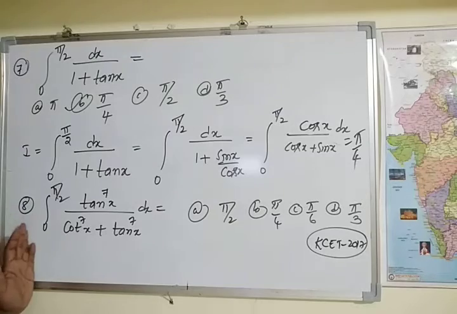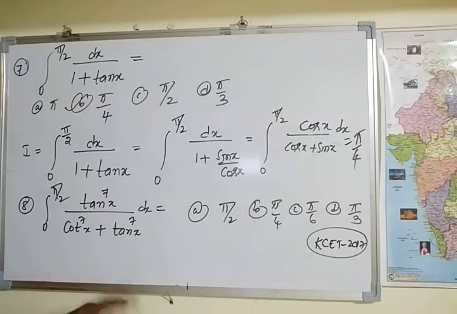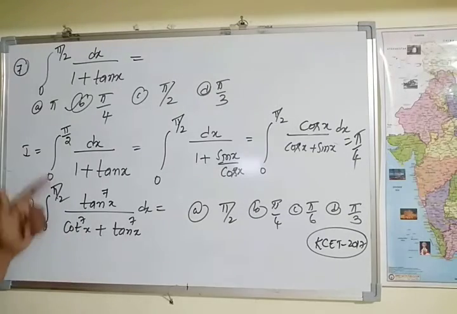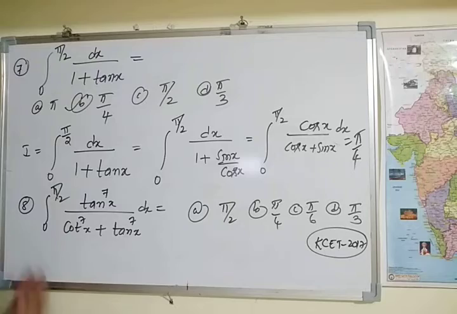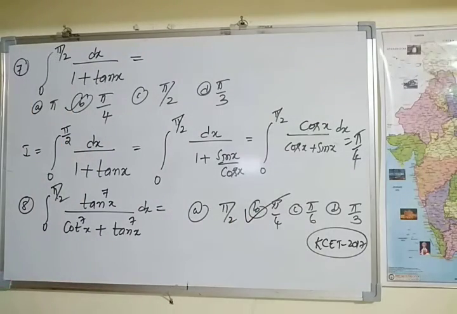You can consider it I, and suppose you follow the steps, you get the same. Here we get tan plus cot, power is 7, denominator also cot plus tan, or tan plus cot is cancelled. We get 1 into dx. Integral of 1 is x, pi by 2. 2I is equal to pi by 2. I is equal to pi by 4. Option B is correct.